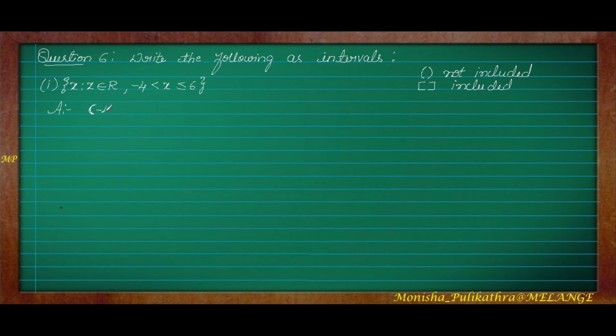And you have to write minus 4 because minus 4 is not included, comma 6. Write down 6 here, and 6 is included because of the less than or equal to. So inside this x, 6 is also included. So after 6, you have to write a square bracket. Understood? So this says minus 4 is not included in x because of this bracket and 6 is included because of this square bracket. So this is the way of writing the interval. You will understand even better by writing a few more problems here.